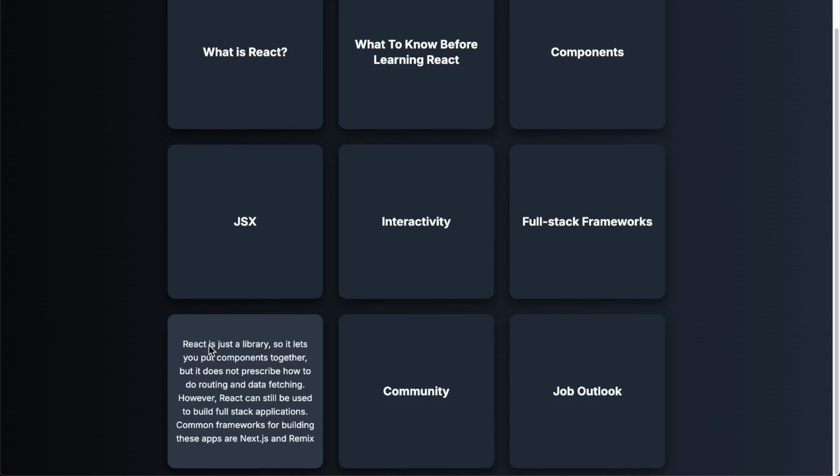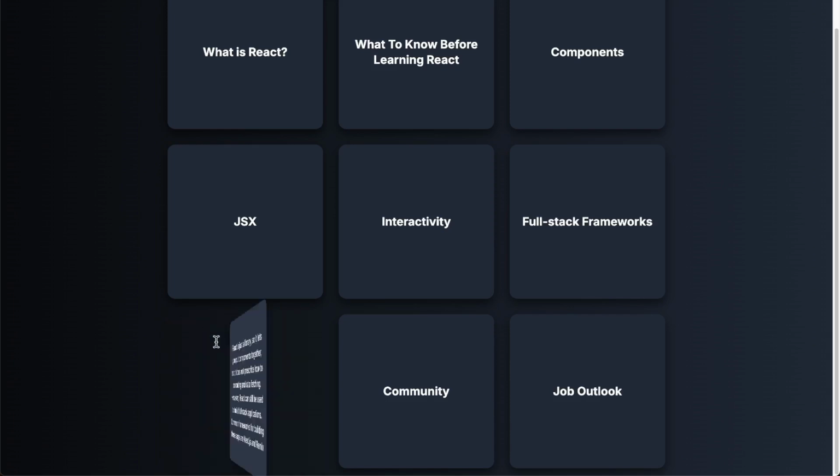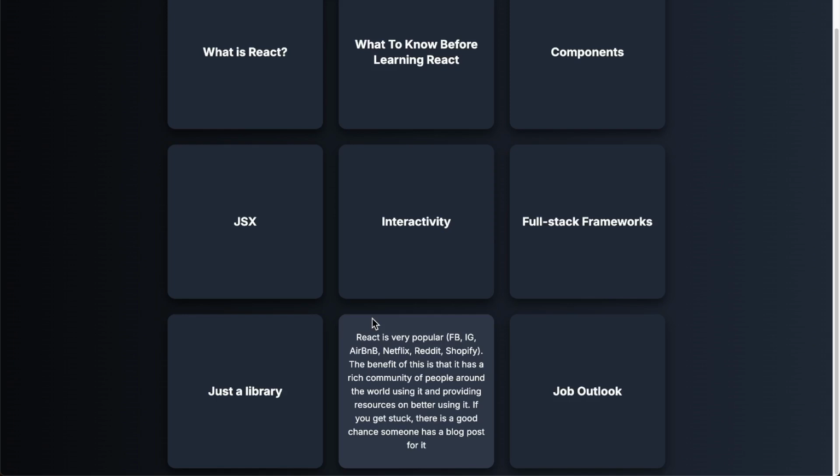Now, a couple of reasons why I really like React is, for one, it has a great community behind it. So React is very popular. It's used by large tech companies like Facebook, Instagram, Airbnb, Netflix, Reddit, Shopify, and I think Codecademy and several other larger companies. At least through my research, I found that these companies use it, which I know that a lot of large professional companies do use it. So you can definitely build very cool applications using it.